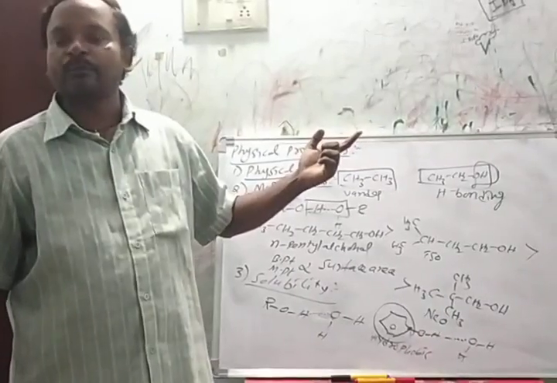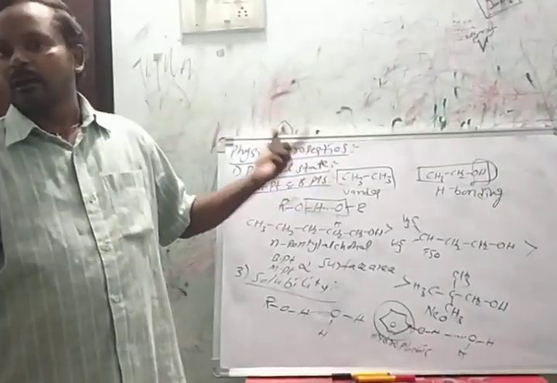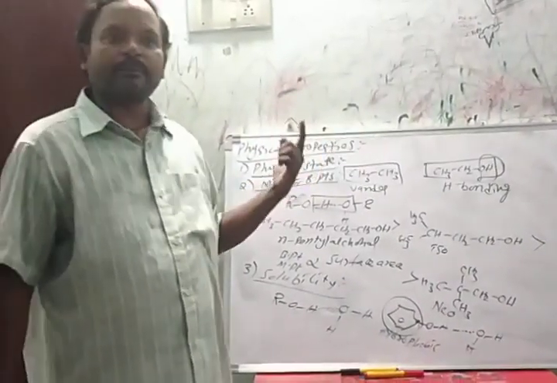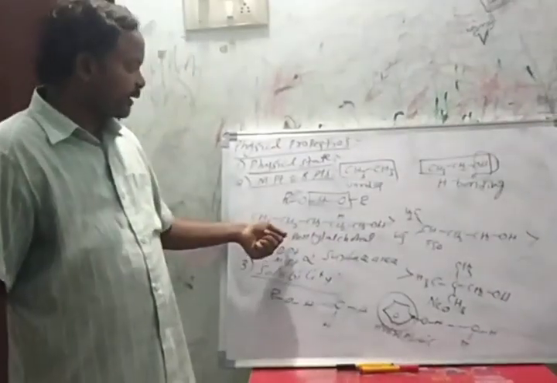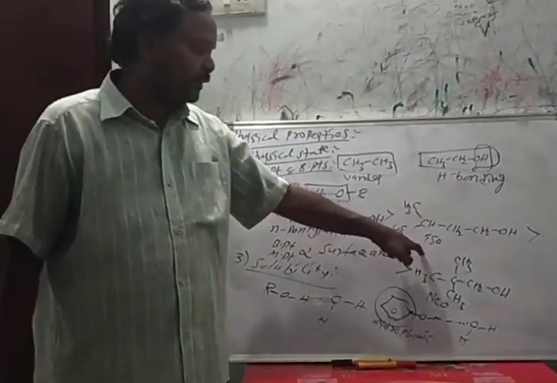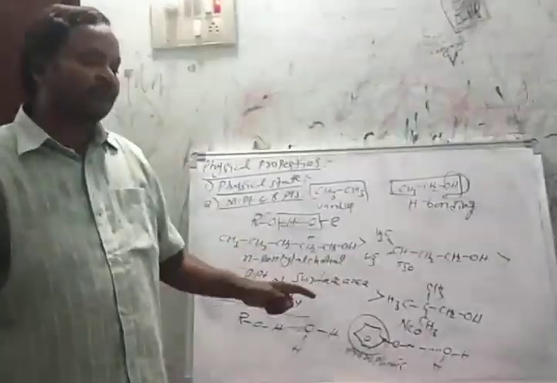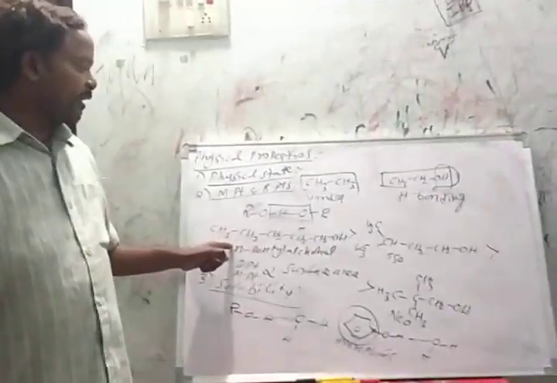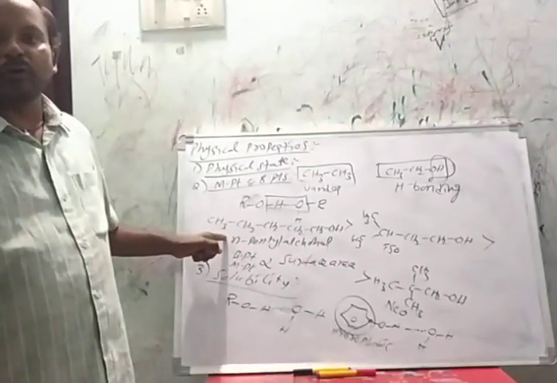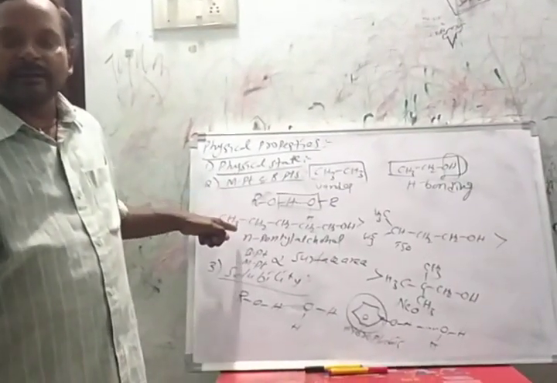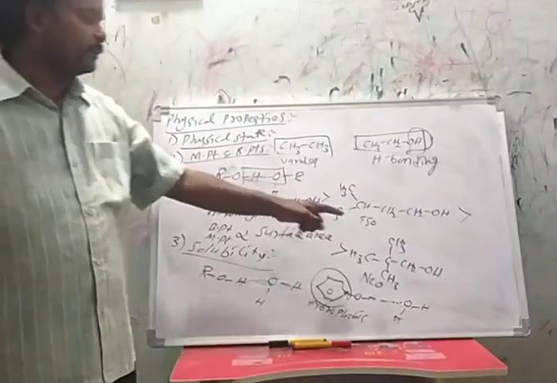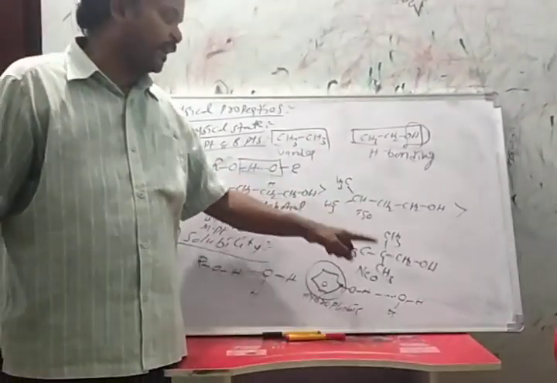Ethyl alcohol has more solubility than methyl alcohol, and propyl alcohol has more solubility than butyl alcohol. For example, n-pentyl alcohol, isopentyl alcohol and neopentyl alcohol: which has more surface area? Normal pentyl alcohol has more surface area, so it is completely soluble in water compared to the isopentyl alcohol